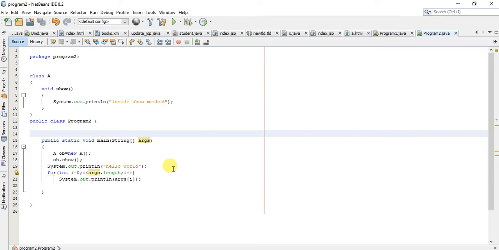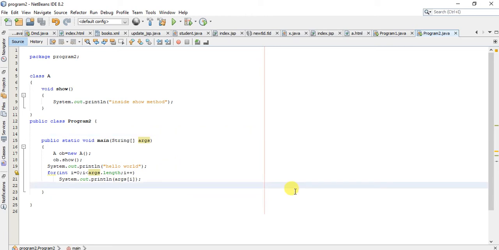Okay, now let us see some examples of inheritance. Let us see how we can inherit this class A into this class Program2.